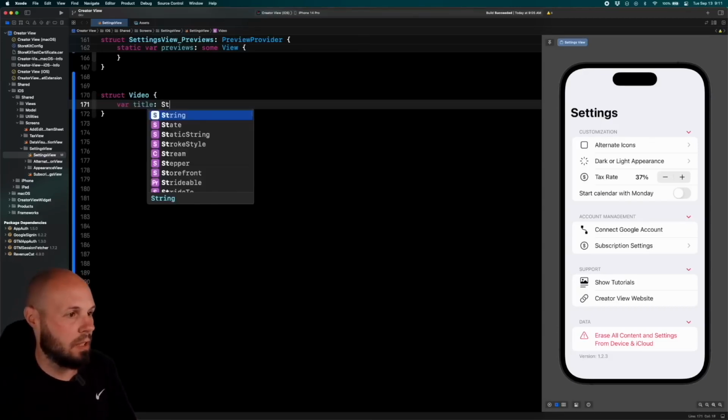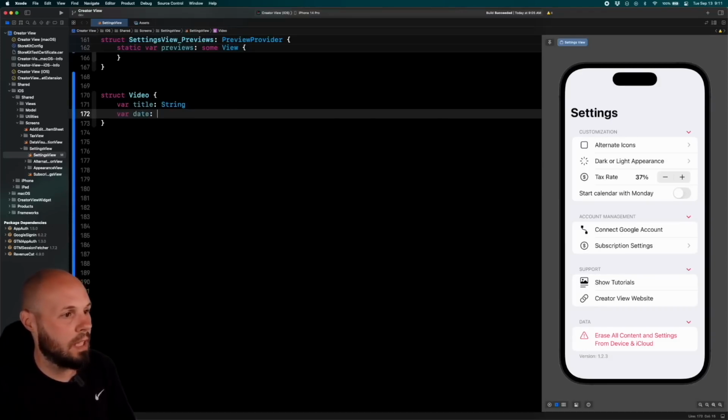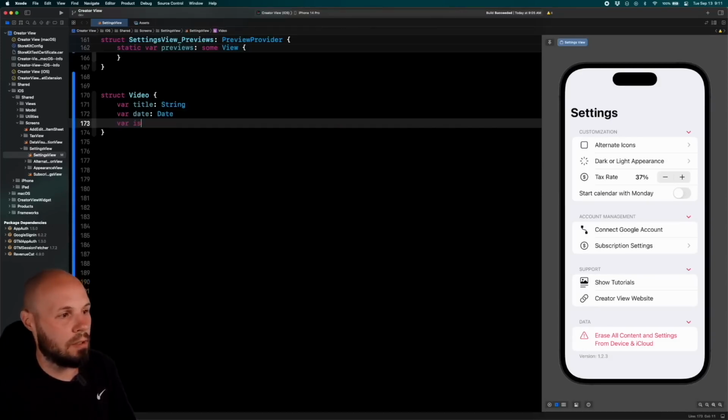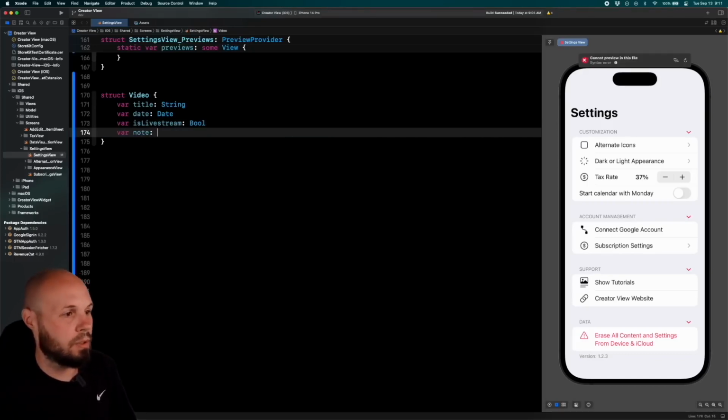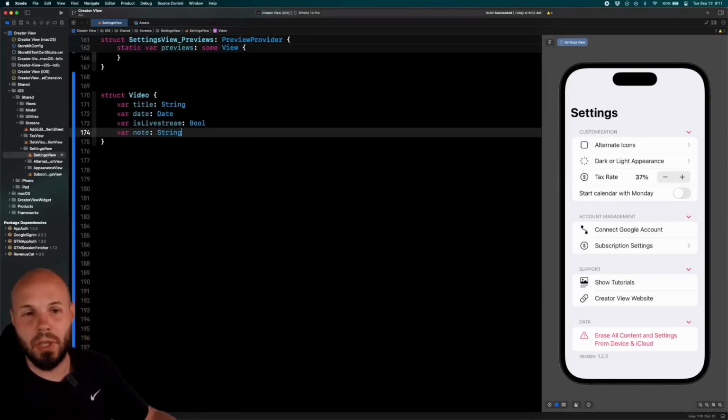Var title, which is a string. Var date, which is of type date. Var is live stream, which is a boolean. Var note, which is a string. Now with these basic structs, typically you get the member-wise initializer for free, but sometimes you need to type it